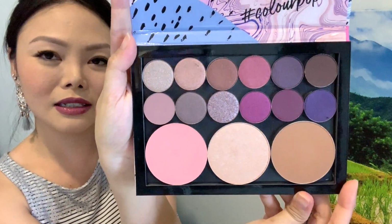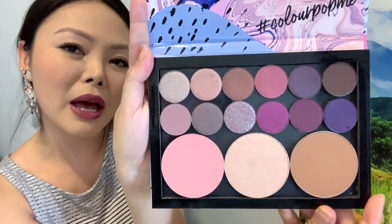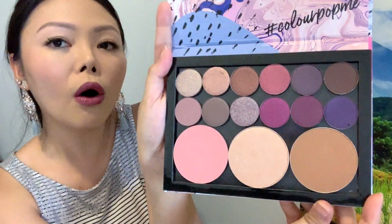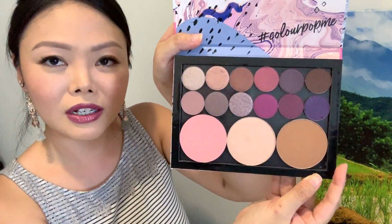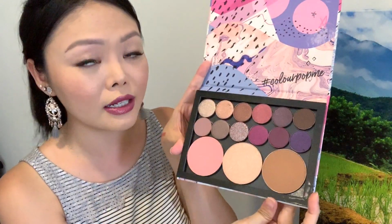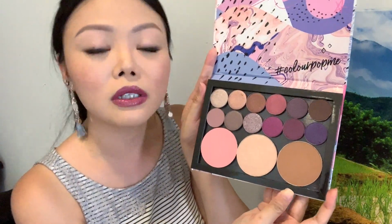And again, this is a really gorgeous eyeshadow palette that I picked for myself. I will put all the shades in the video description below, and I will label them as well in a photo so that you can refer easily to the shade colors